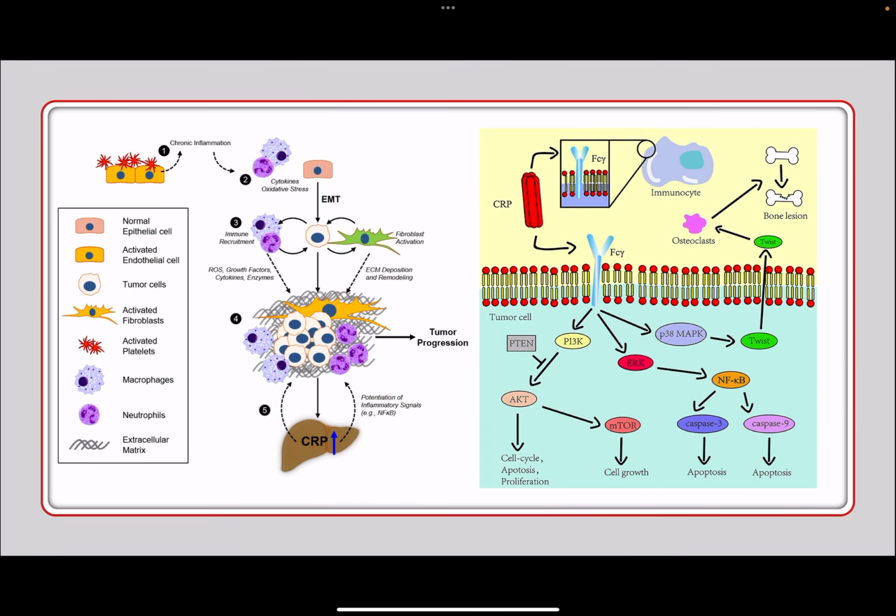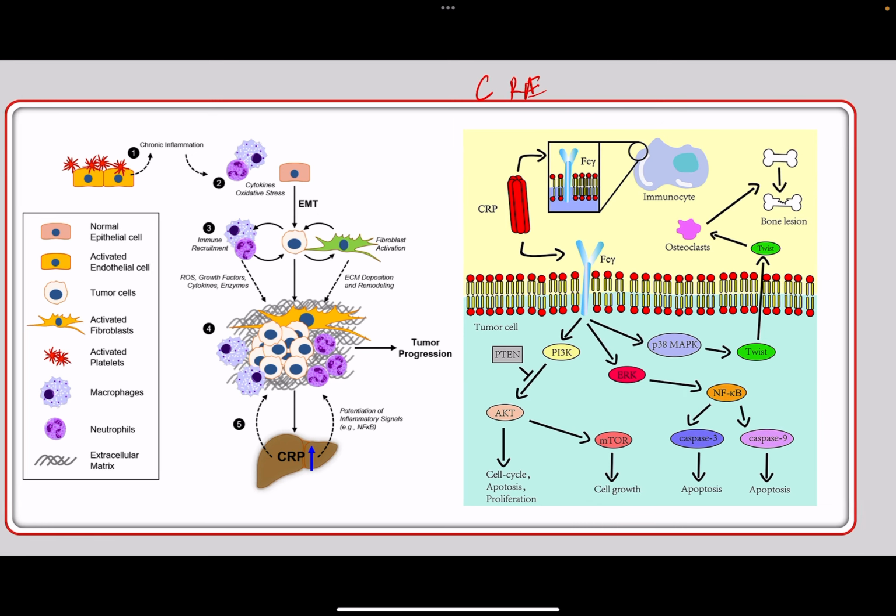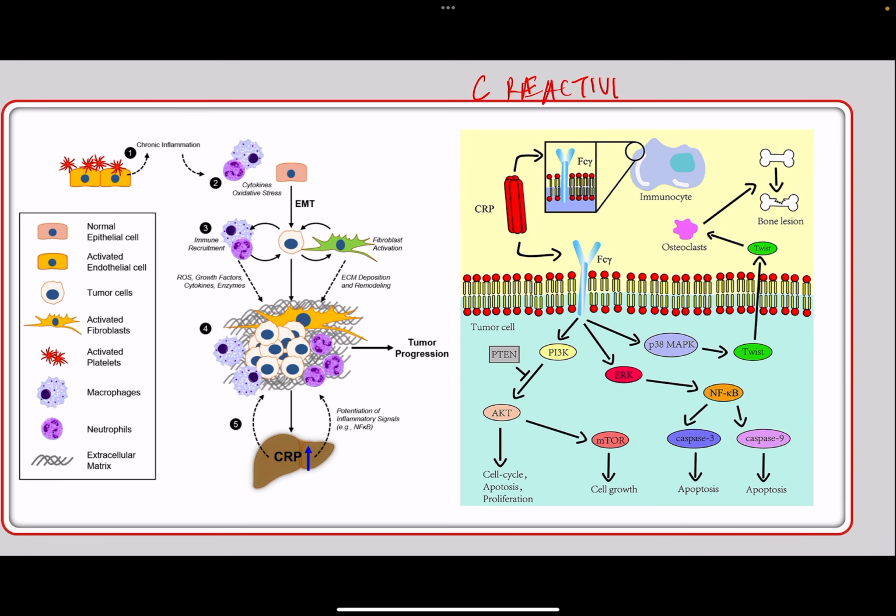Okay, so in this figure, I just wanted to kind of show you a marker that they tend to use and has been known to increase with cancer in the inflammatory pathway. So there's this protein called C-reactive protein. There it is right there, CRP. It's this red, it's just a signal that we have in our body, and it binds to this receptor, Fc gamma receptor,